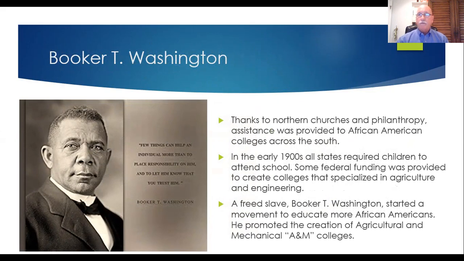They had a lot of vocational training on plantations, in factories, doing all sorts of work, as a slave, not being paid necessarily. And Booker T. Washington is a man who was a freed slave. And he said, you know, we have so many good people that now need the benefit of education in addition to their vocational training, if they had vocational training when they were slaves. And so he advocated for funding to produce colleges that focused on agricultural and mechanical teaching.